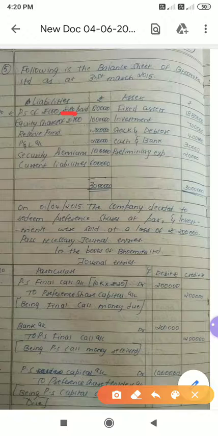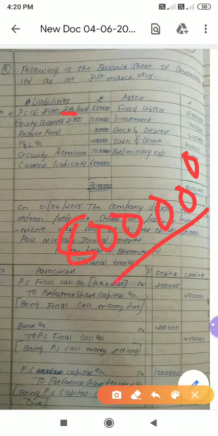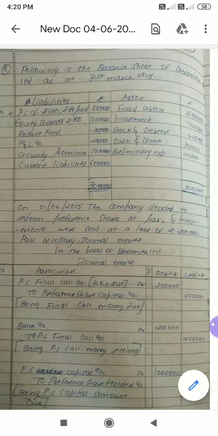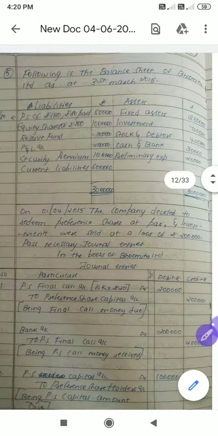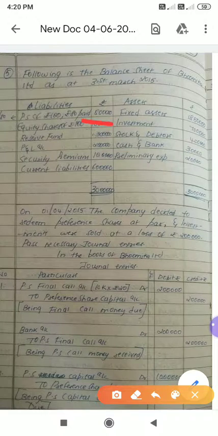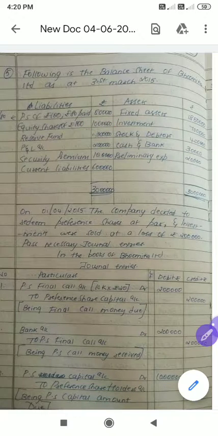So here, how to identify the number of shares? Look at here, we have 8 lakh divided by 80 rupees. If we do, how much we will get? We will get 10,000 preference shares. So please remember, they have not given the number of preference shares, so we have calculated it. How many preference shares we have? 10,000 preference shares. Next we have equity shares of rupees 100 each.